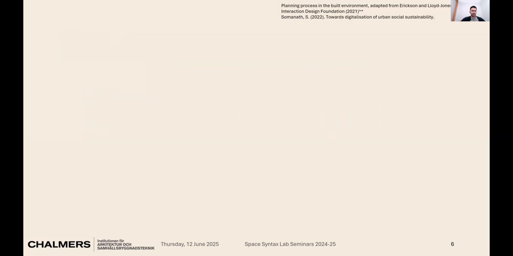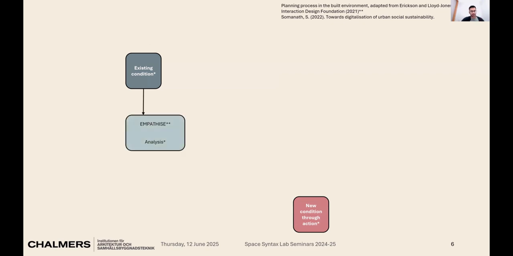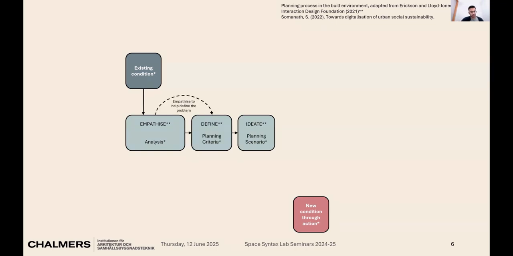And that kind of brings me to the next point, which is how do practitioners actually work with urban planning decisions? So you start with an existing condition, and through some intervention, you want to go to a new condition. And the process usually starts with understanding the problem, empathizing with it, defining what the planning criteria is, coming up with different planning scenarios. You create a prototype or a proposal, and then you need to kind of iterate between these steps